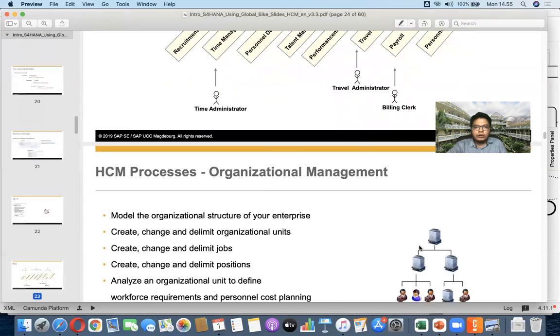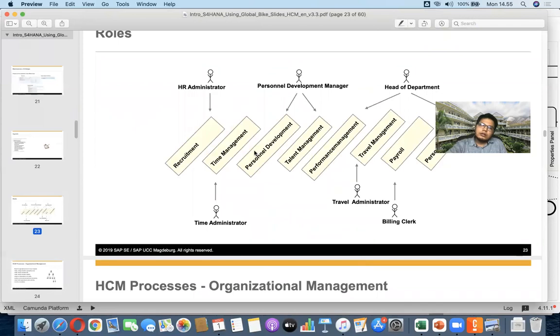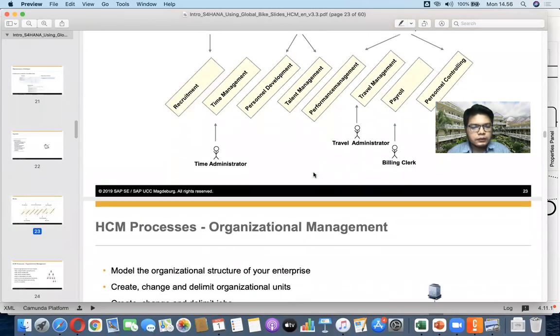Basically this sequence will in general give you the sequence of what is actually done in human capital management. Okay, next,